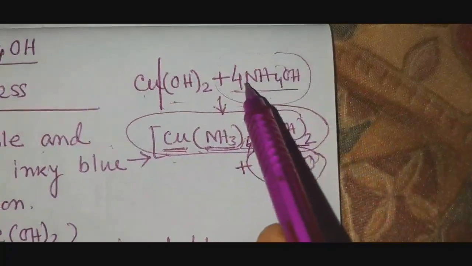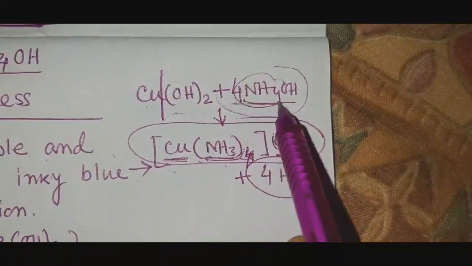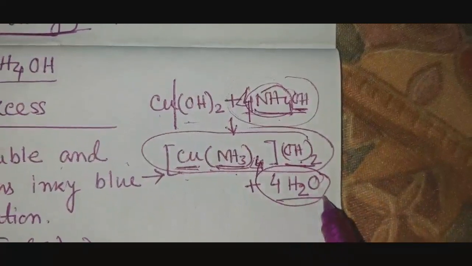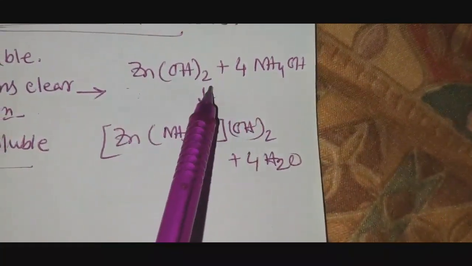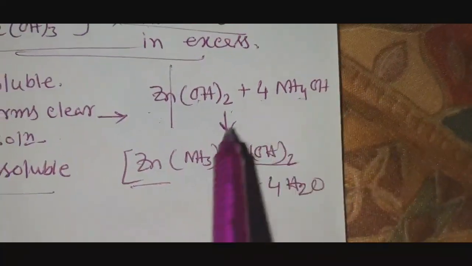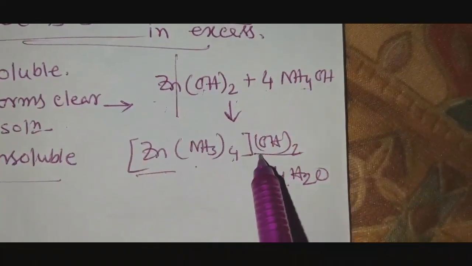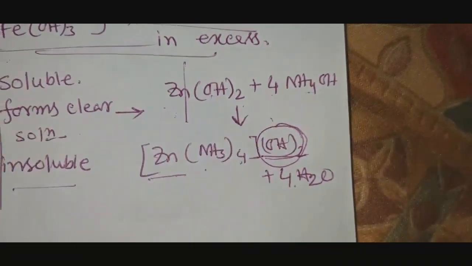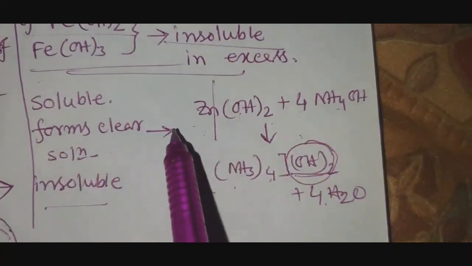How does it form 4 water? There was 4 NH4. I have taken NH3. That means in each ammonium ion 1 hydrogen extra. So there are 4 hydrogen ion, 4 OH. It forms 4 water. Okay. Same reaction is taking place in zinc also. Zn(OH)2, 4 NH4OH. I am separating. Zn is coming there, OH2 is going there. NH3 is inserted, 4 water. In some books you can find that instead of writing OH2, sulfate is written, because in the previous step of the reaction, if I take zinc sulfate, sulfate is formed. If you take zinc nitrate, nitrate will form. Better to remember this equation.